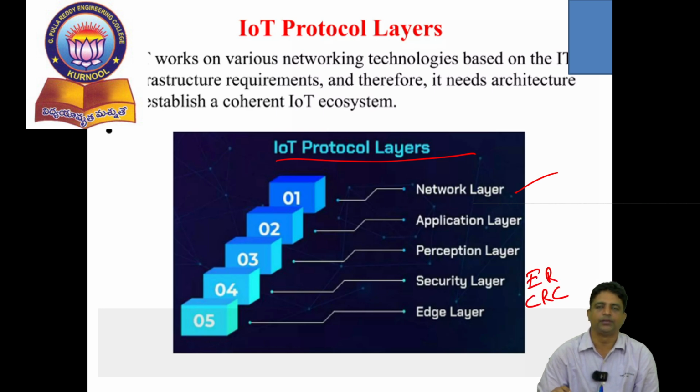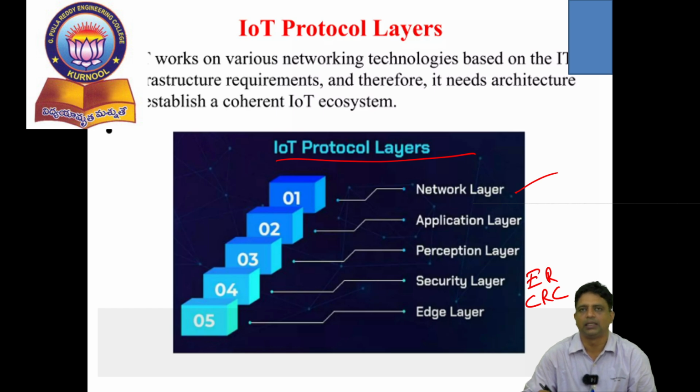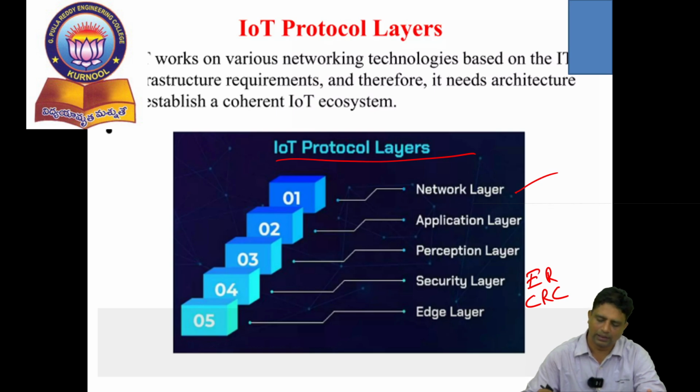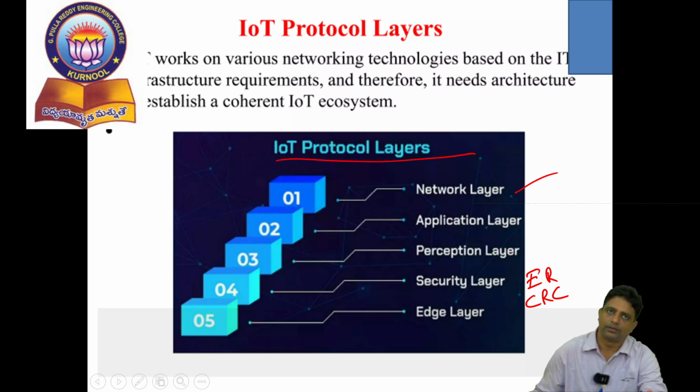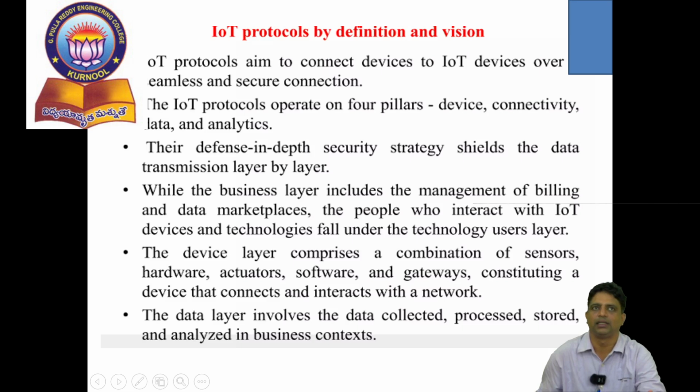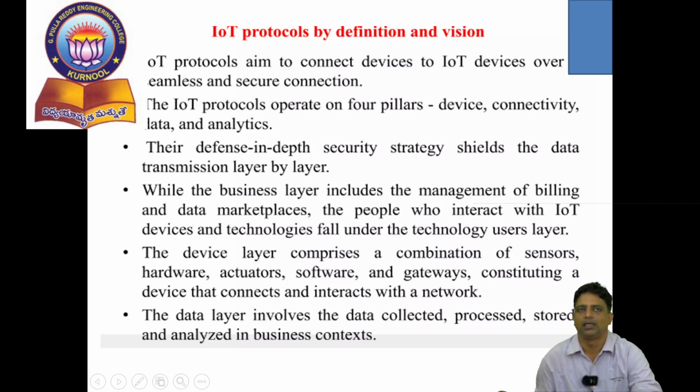Different methods which we previously used for the data link layer in the OSI model, cyclic redundancy and Hamming code, can all be utilized for information security here. So the function of each layer is as mentioned here, with the help of this